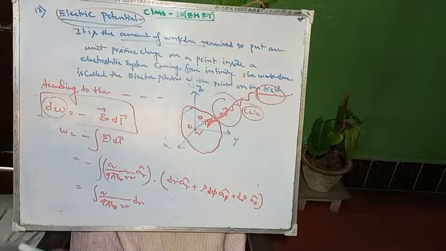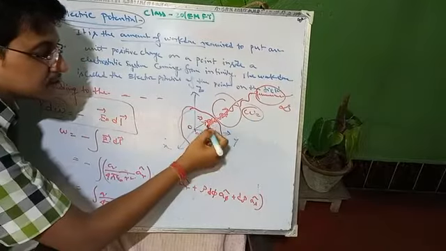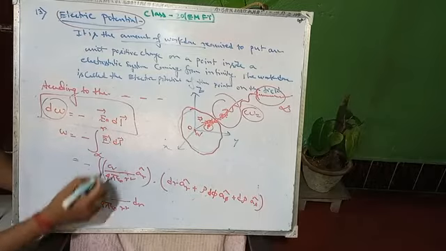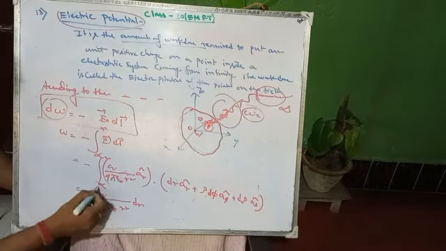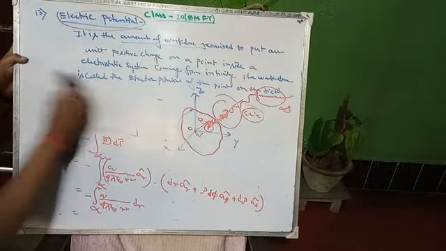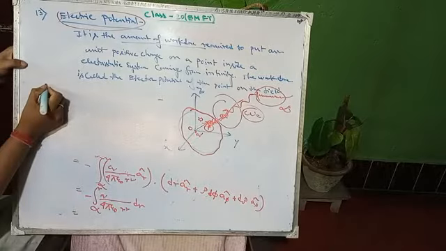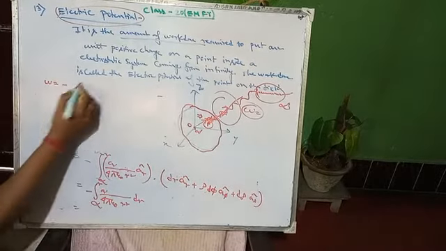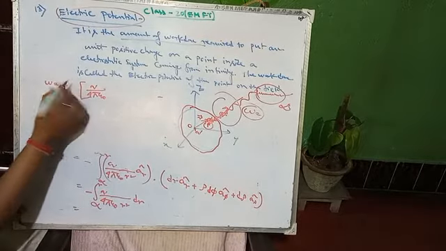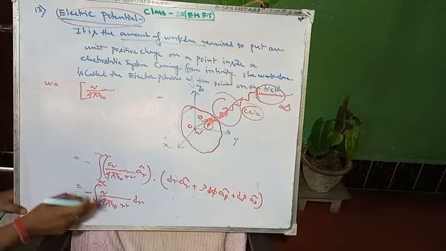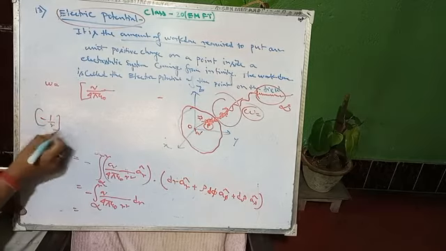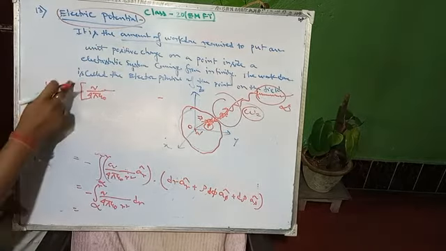And what is the limit? It will be coming from infinity to that point P, which is at distance r. So from infinity to r, with the negative sign. So what is the integration? After performing the integration, we have W equals to minus q by 4 pi epsilon naught, dr by r square. Minus of minus will become plus. Integration of dr by r square equals to minus 1 by r. So again the minus is taken outside, and it will become positive.